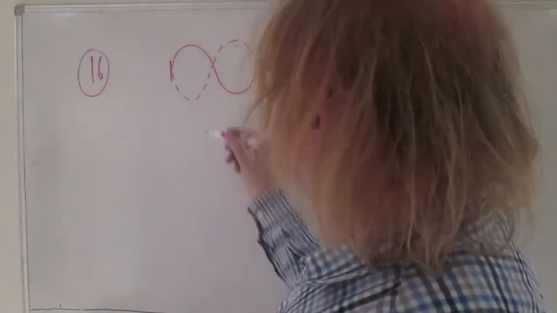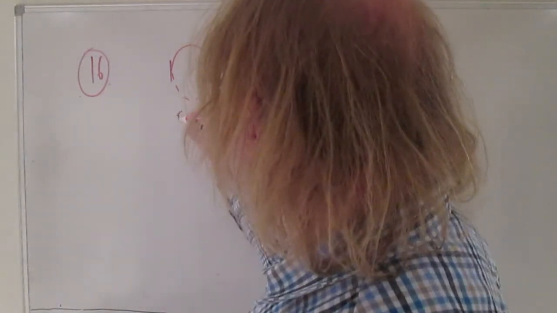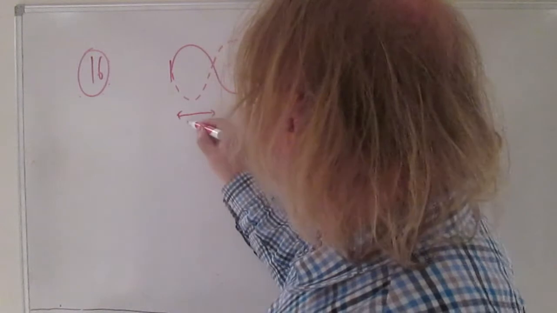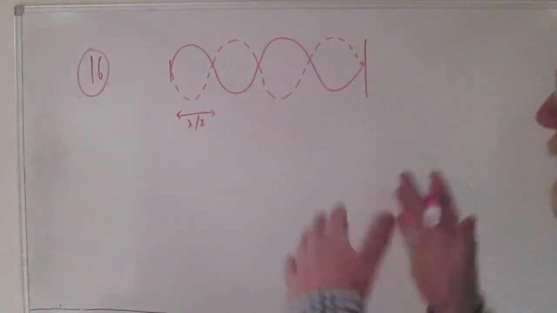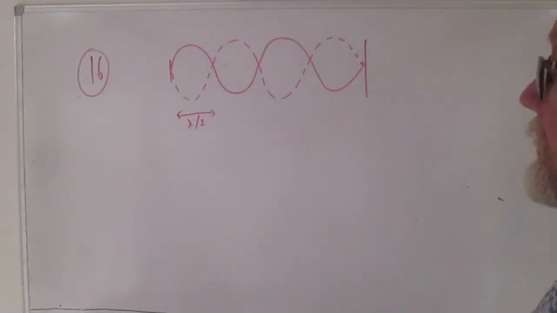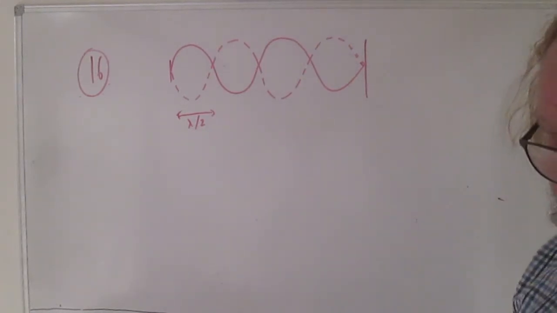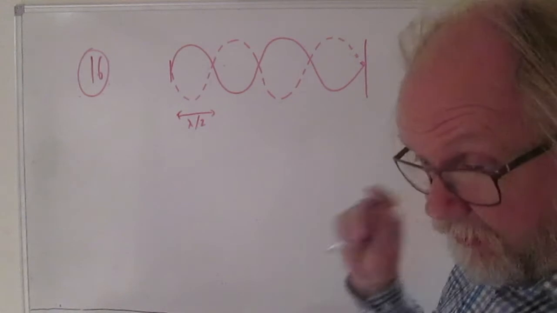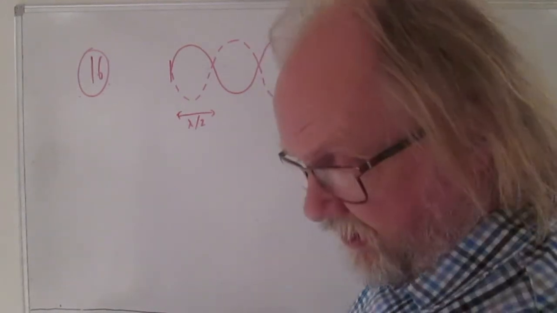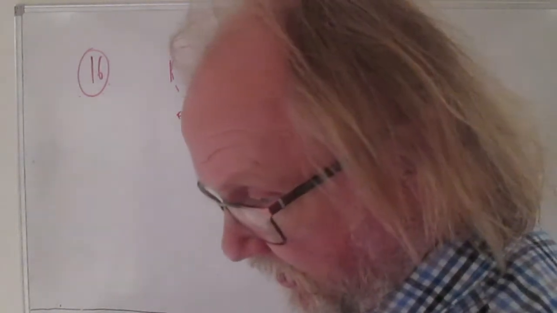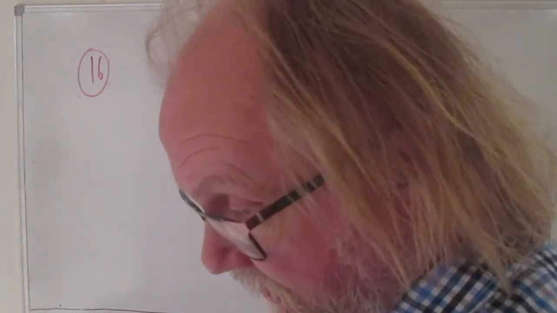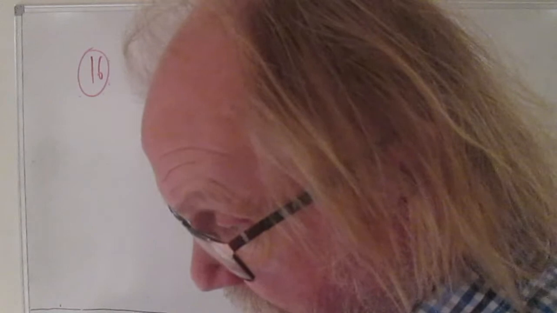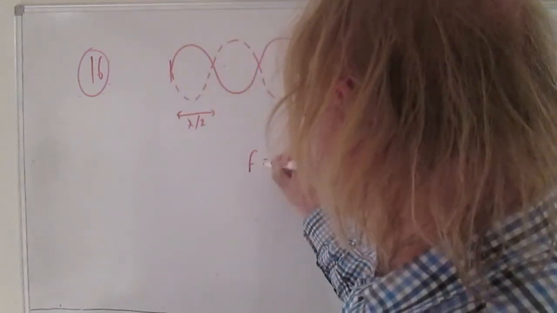And the important thing is that the distance between each node is lambda over 2, where lambda is the wavelength of the original travelling waves going in each direction. So if you remember that, that's going to enable us to work out what's going on here. So it gives us the frequency, which is 1.4